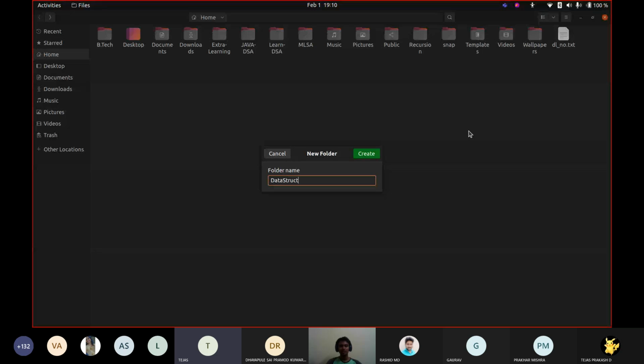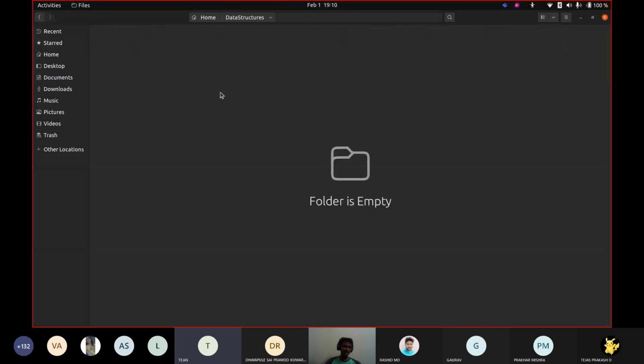Data structures. Okay, I'll call it data structures. See, data structures is created. Now I'll go inside this, and one of the cool things is you can open Visual Studio Code from your